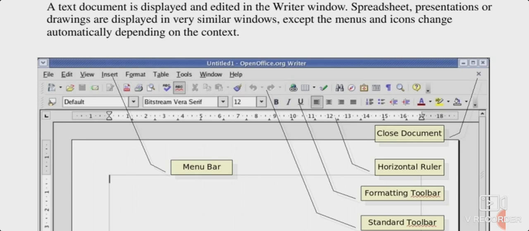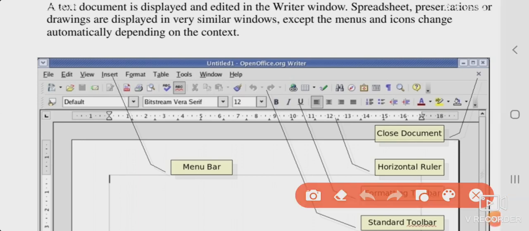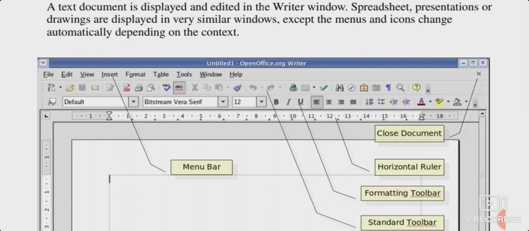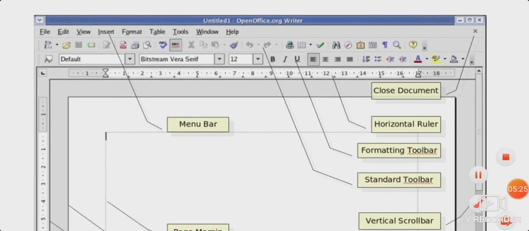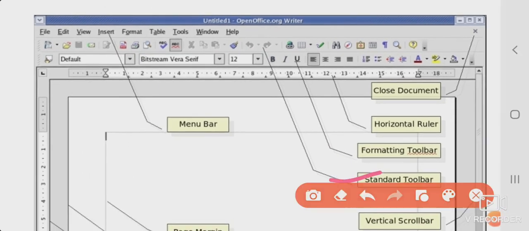Now if I check just below the menu bar, you can see various tools are there. What is it known as? It is known as the standard toolbar.